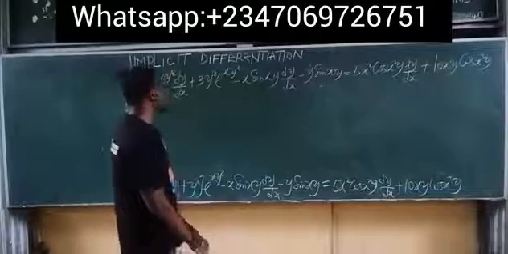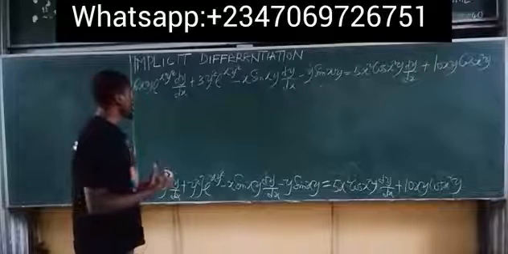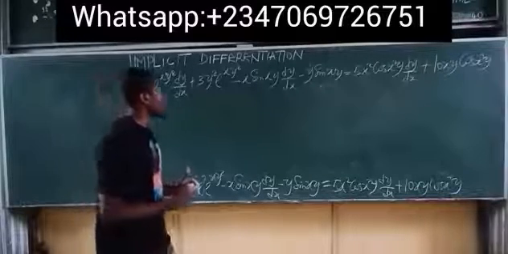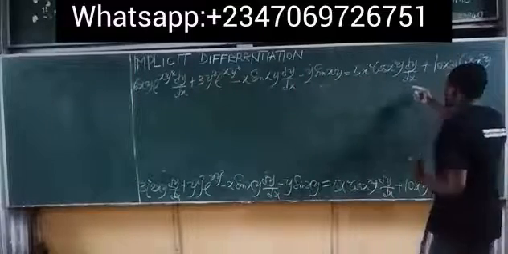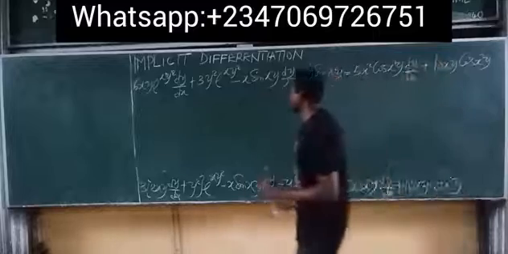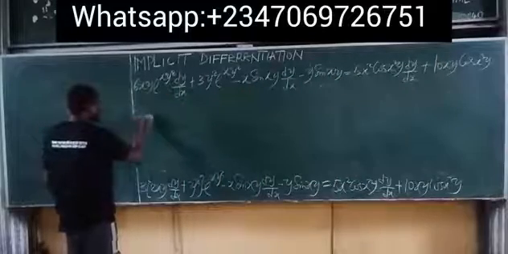So at this point, what I will do is simply bring all the dy over dx terms together and send the other terms over to this side of the equation. I think I have the dy over dx here, so I can bring this over here, bring all the dy over dx terms together. So from here, I have 6xy